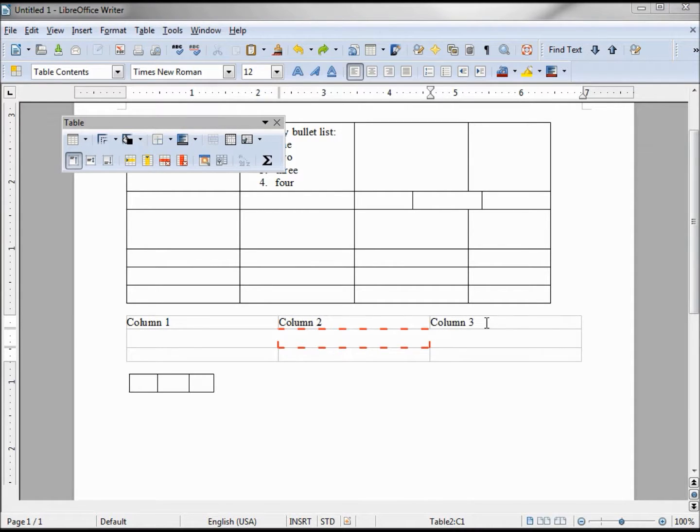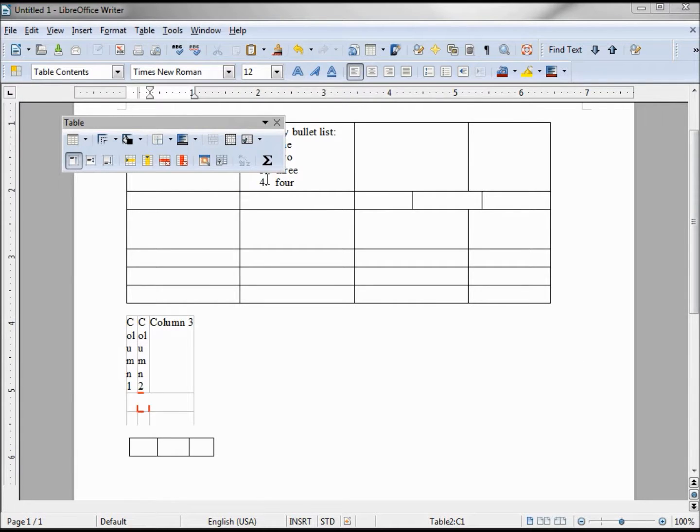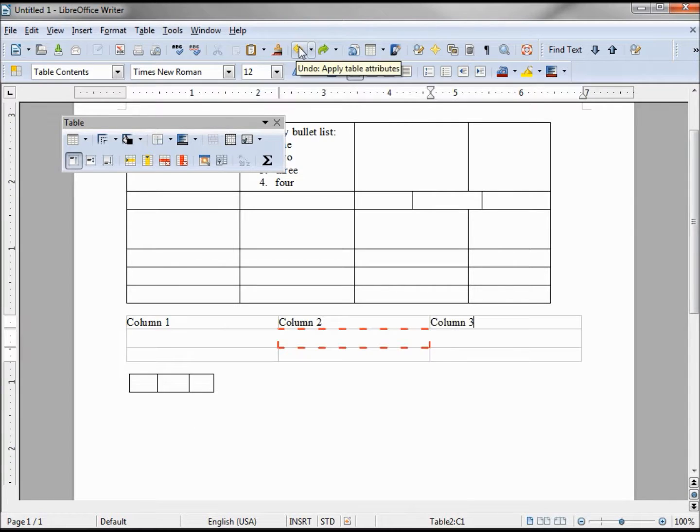Now that I've got some text in my columns, let's optimize. Clicking the optimize, it only gives me one choice out of the 4, and that is for column width. When I click on it, it optimized column 3, but not the other 2. Let's undo.